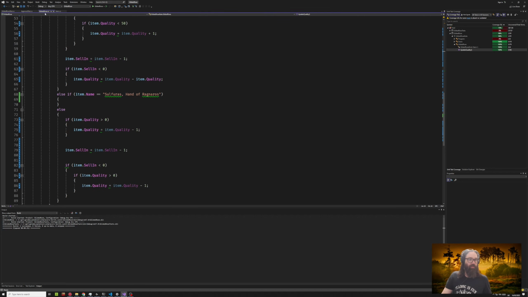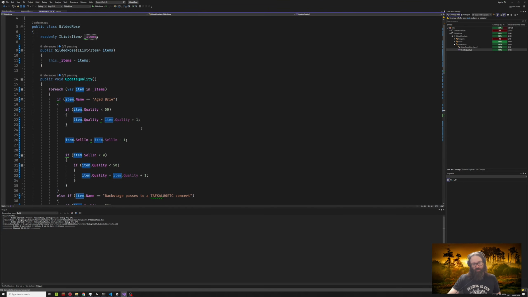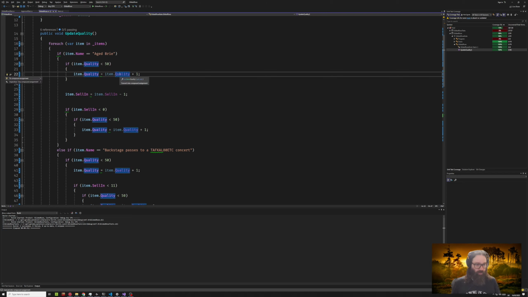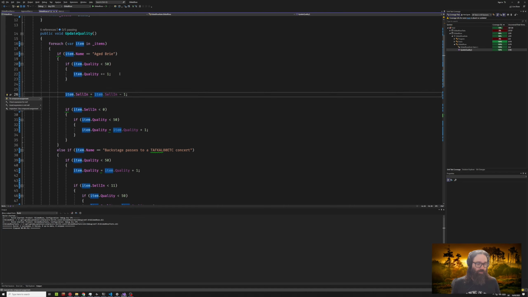After we've separated this, it's very interesting that as we pulled it apart, we found more mutation tests. Those mutation tests found more edge cases, right? So now I'm really confident we have this covered. So what we can do now is start extracting what I would call business requirements from this, right? Now the code is in a place where it's simple enough that we can start saying, well, Aged Brie, what it's doing is,